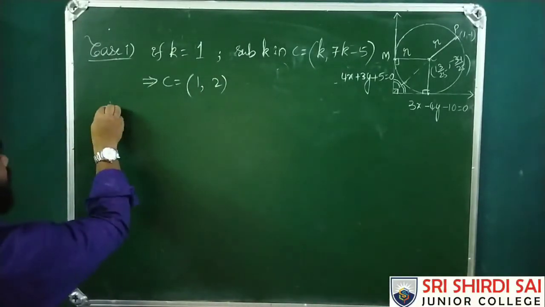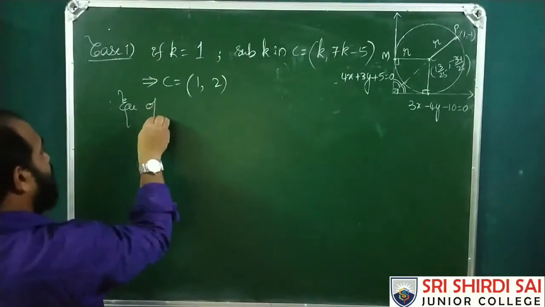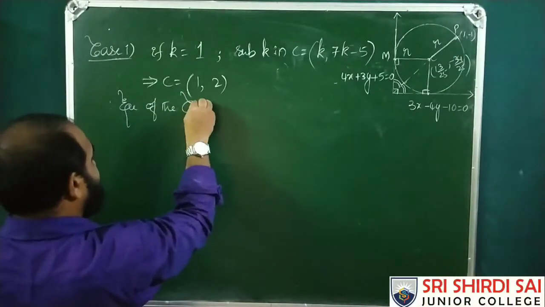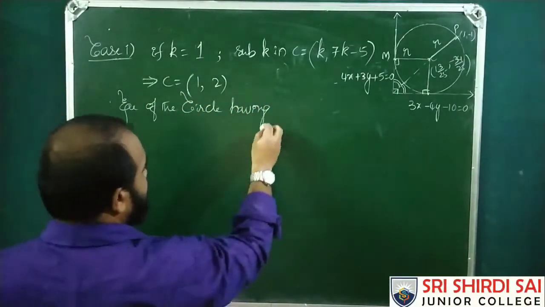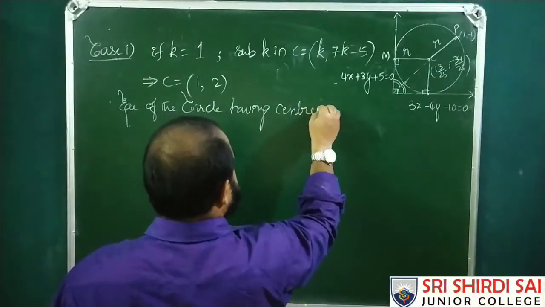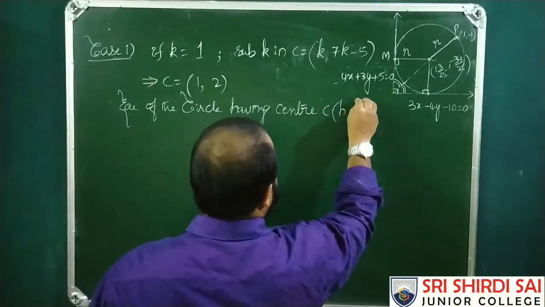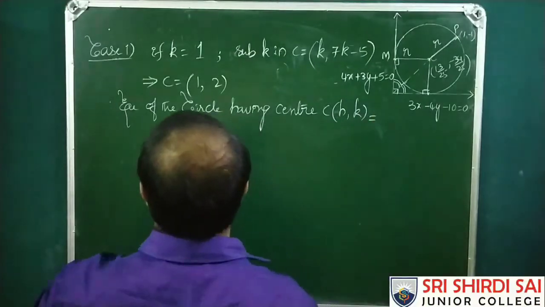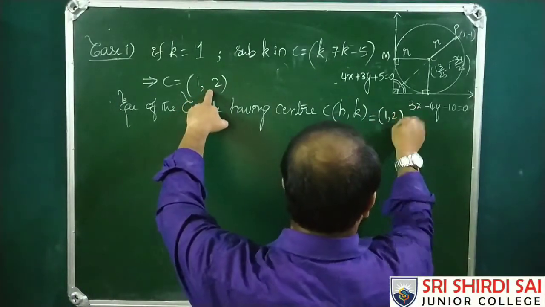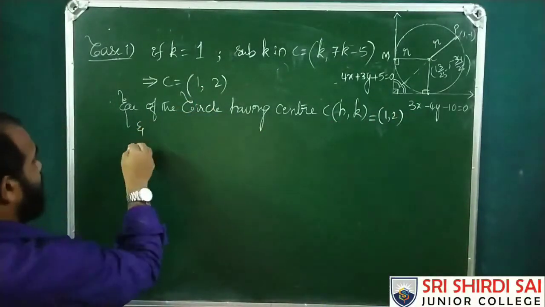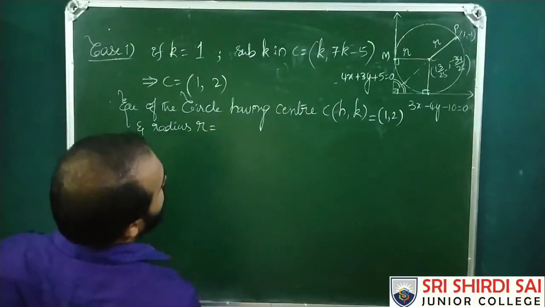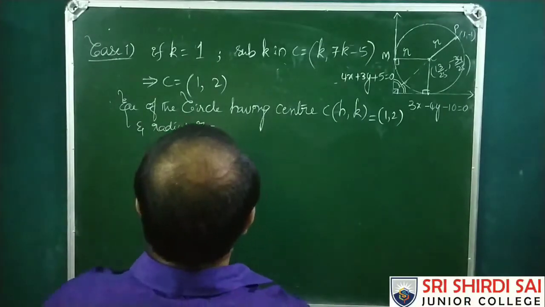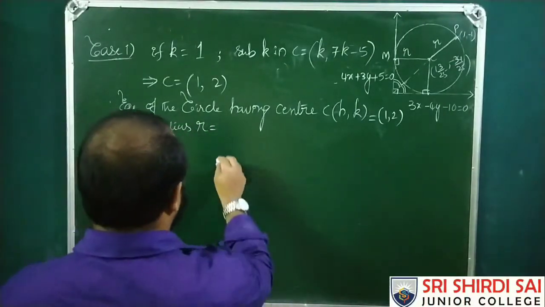So therefore the equation of the circle having center C h comma k, that is equal to 1 comma 2, and radius r is equal to square root of